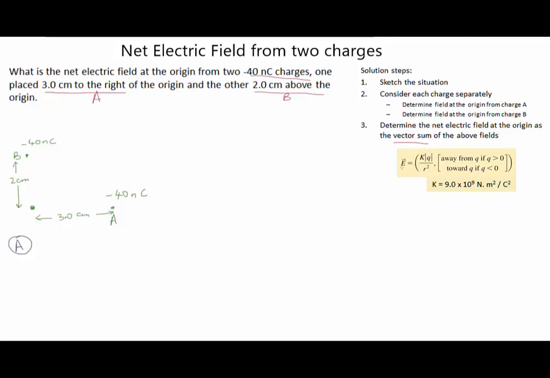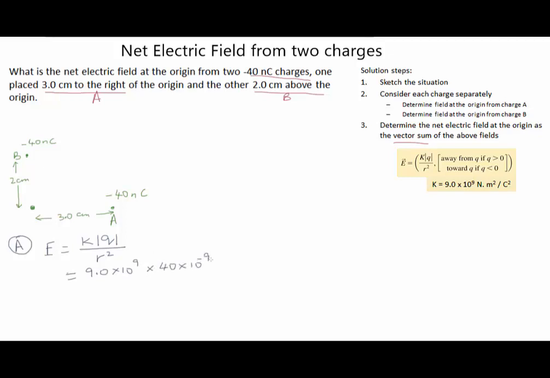The equation for electric field over here is E equals K, the constant, Q, the absolute value of the charge, divided by the square of the distance. That only gives me the magnitude of E, and we'll get the direction as the next step. So in this case, putting in the numbers, this is 9.0 times 10 to the 9 for K, and for the charge Q, since I only need the absolute value, I can drop the negative sign, so it's 40 times 10 to the negative 9 coulombs,